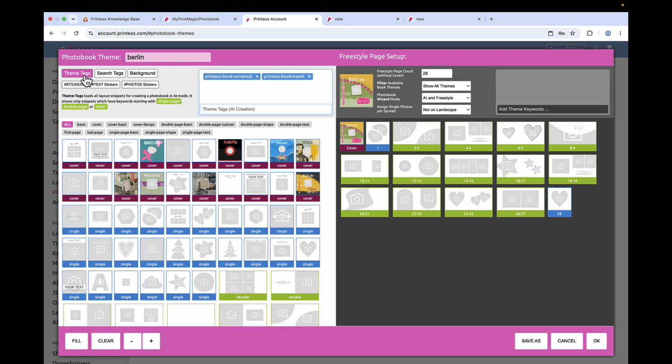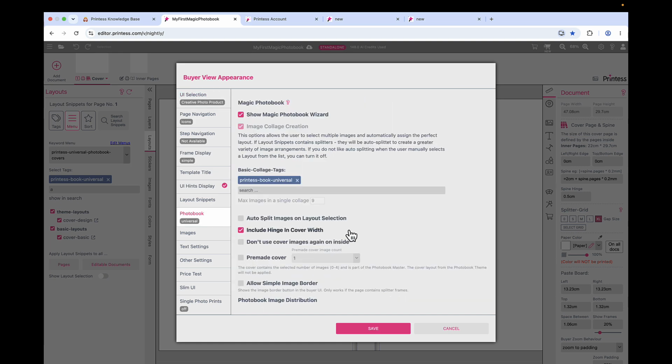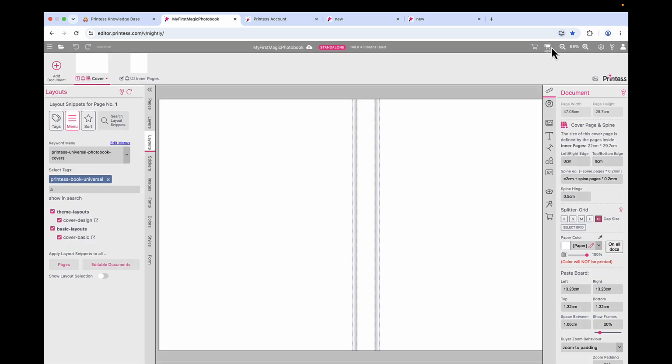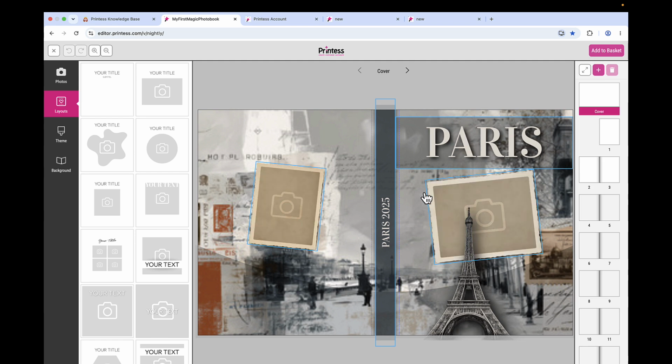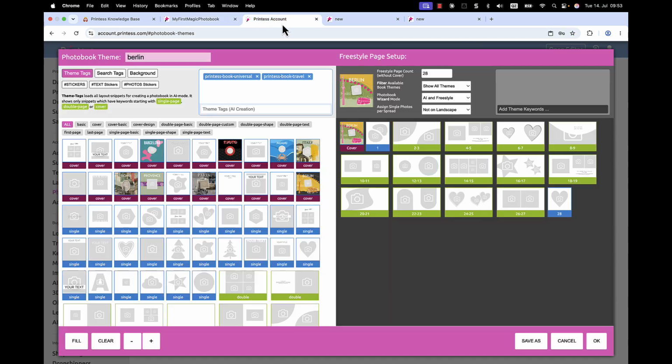And this now makes a difference because of the keyword menu mechanism. So let's give it a try. If I press A again to go to the Photobook tab, I will now change to Paris to save it. And if we now go to the buyer side to create an empty book, I have that Paris cover here, but at the layouts tab, I do not find layouts of any other city, because if we go back here